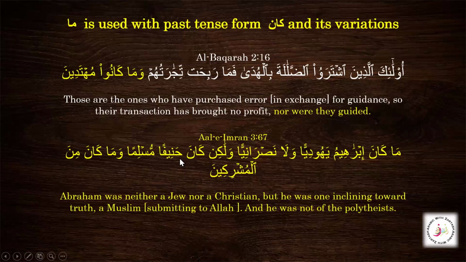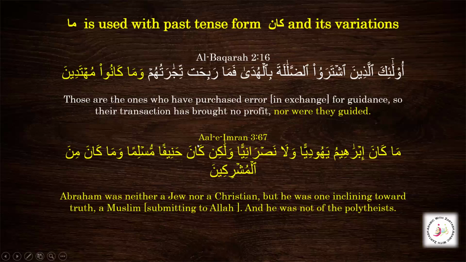Again, this is a Jumla Ismiya because we know that Kana makes a Jumla Ismiya. Now we are going to find our Isim Kana and Khabru Kana. Kana, we know that the dameer mustatir taqdiruhu huwa, because Kana has an inside Isim, and we have this Huwa. Isim Kana is Huwa. Then we have this Fa'il Madi Naqis, and we have this اسمه ضمير مستتر تقديره هو. Then we need to find the khabar of kana. We know that khabar of kana is always mansub. So we found this here.